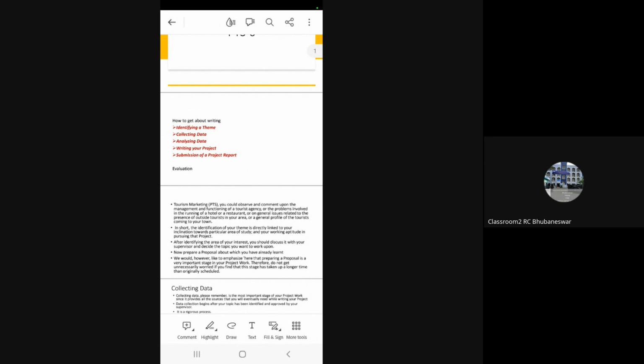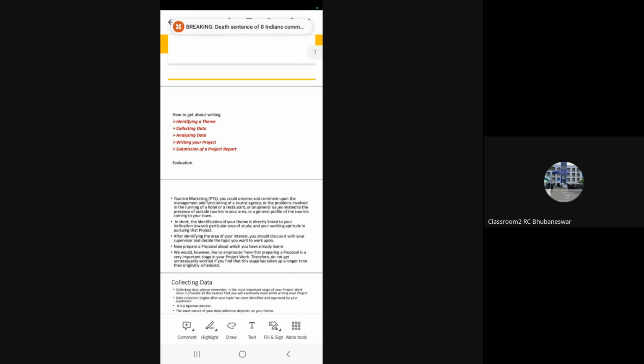Then you have to get a questionnaire, and you have to find the information about the destination. Then the profile of the tourist, that is, a descriptive analysis you have to do, like the type of guests who are visiting those places. Then what are the problems involved in running a hotel or a restaurant in a particular destination, or what facilities you have.